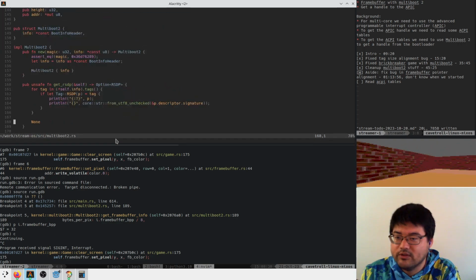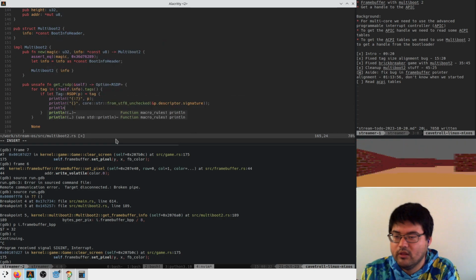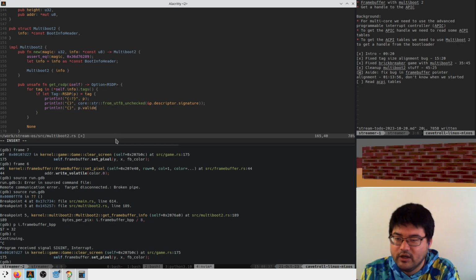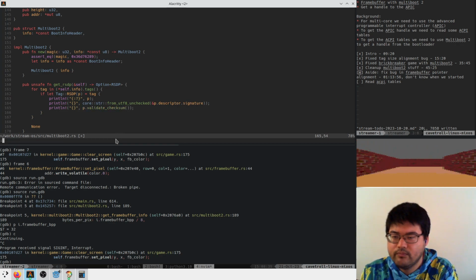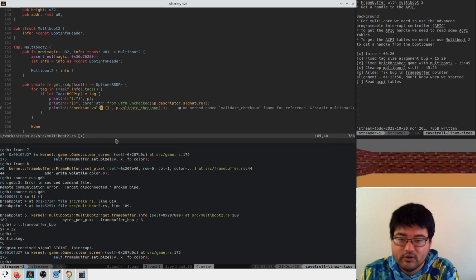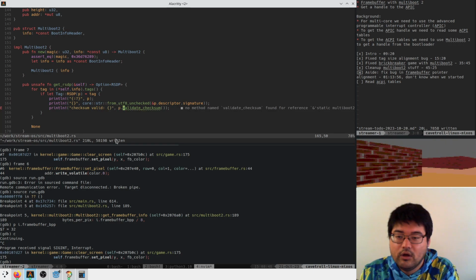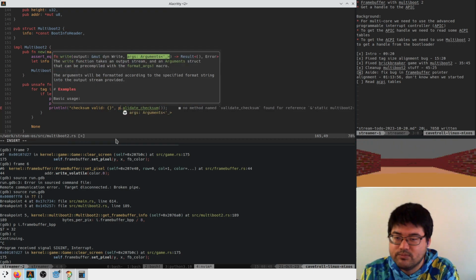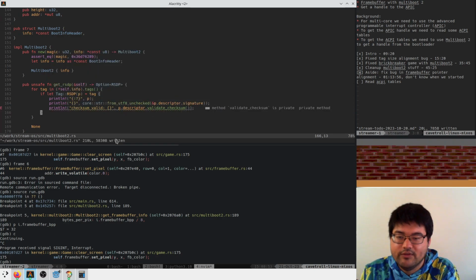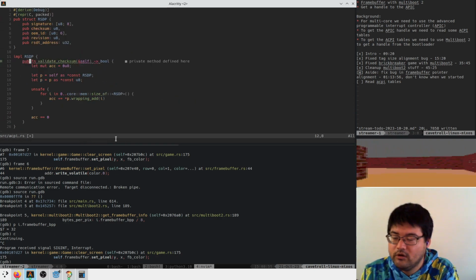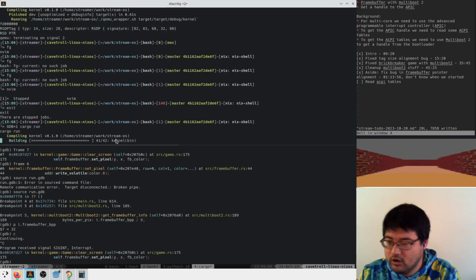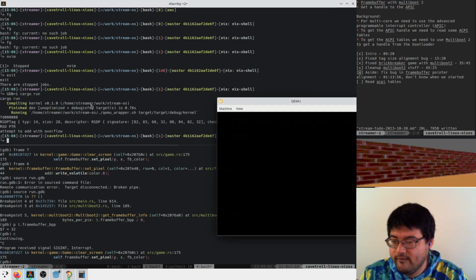We somewhere try to get the RSDP, and we're just going to say println checksum valid is p.descriptor.validate_checksum. And this is a private method, so we have to make this public. Great. And then we can cargo run. We don't need GDB anymore. Let's just see what we get.